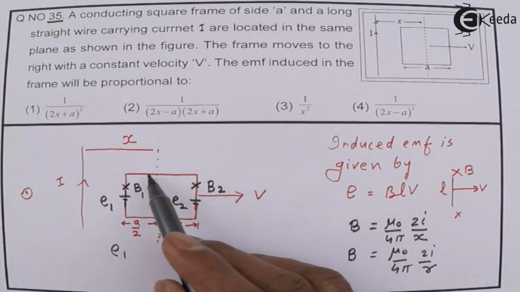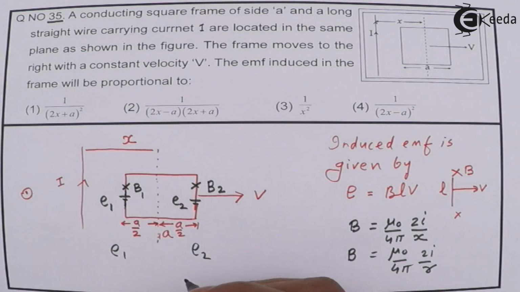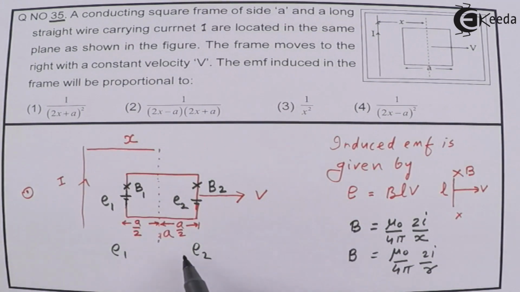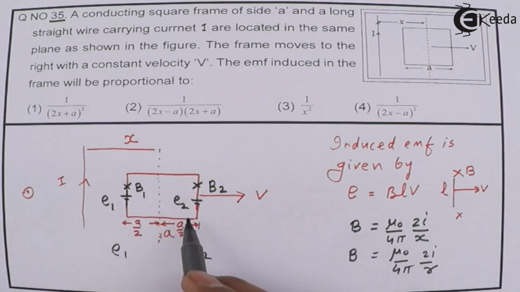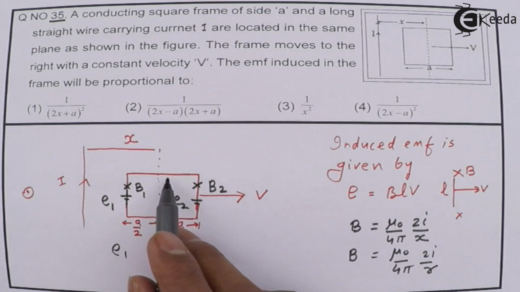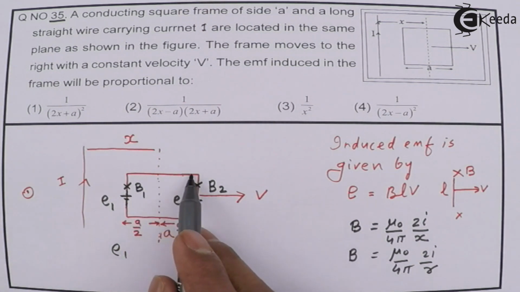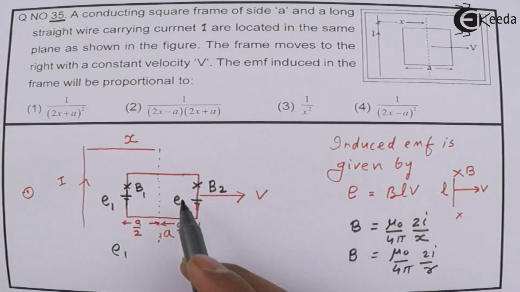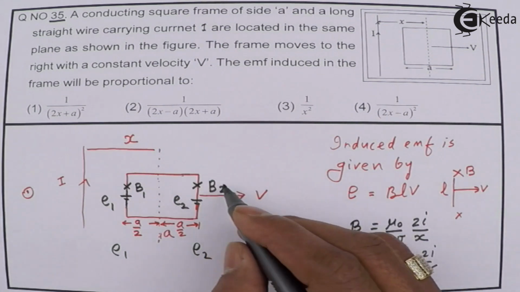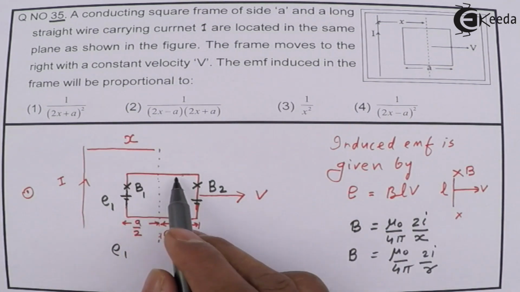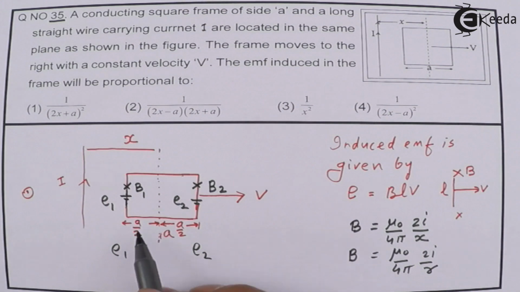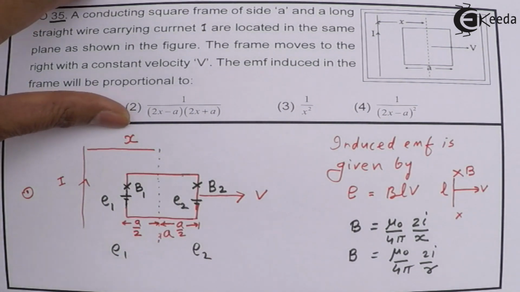The positive terminals are connected together, so they will cancel, the net EMF will be cancelled. So in this frame, in these two sides, there is no EMF induced, because this part of the conductor is moving parallel to the velocity. The length is parallel to velocity, so when the length is parallel to velocity there is no induced EMF. So here the induced EMF in the frame is given by